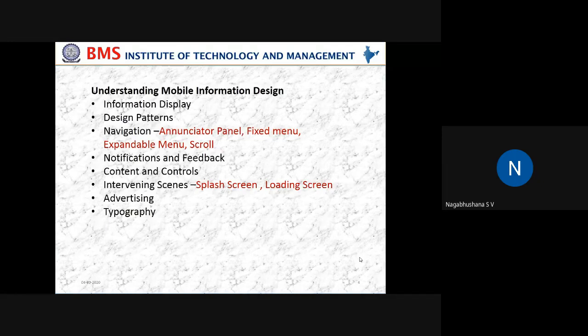And if there is any kind of voice also, in fact the voice is also one of the features that needs to be projected in the information design. These are some of the aspects that you need to think about in mobile information design.